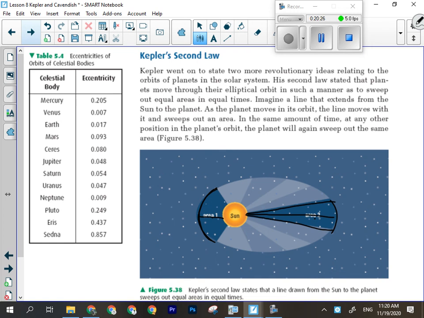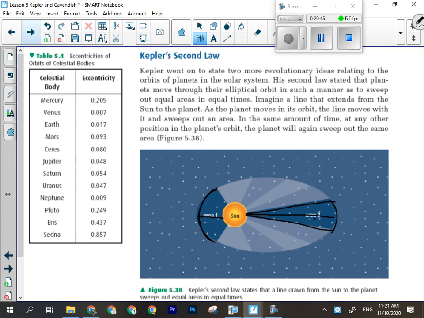Ceres, which is an asteroid in the asteroid belt, about 8%. Jupiter, about 5%. Saturn, just over 5%. Uranus, about 5%. That's, by the way, how you pronounce it. Neptune, about 1%, close to that. Pluto, look at that,